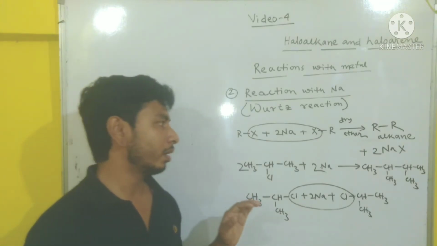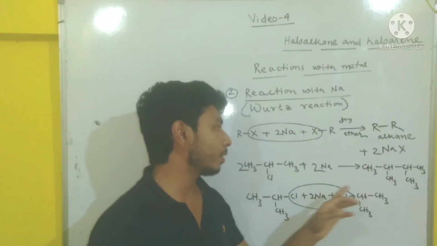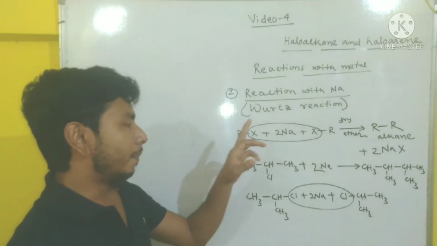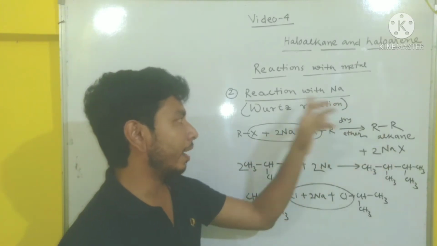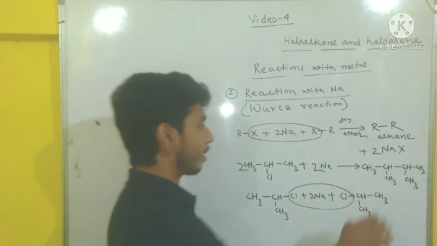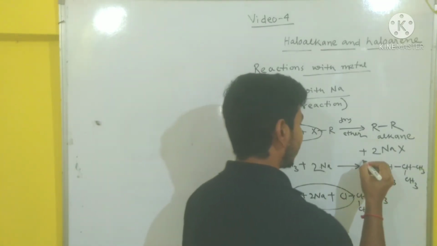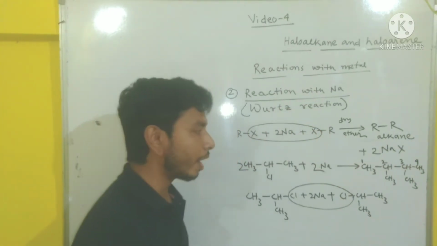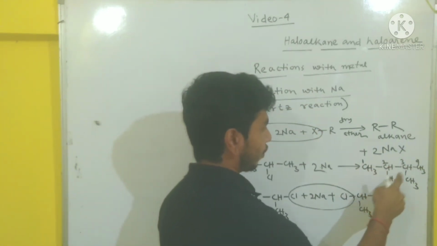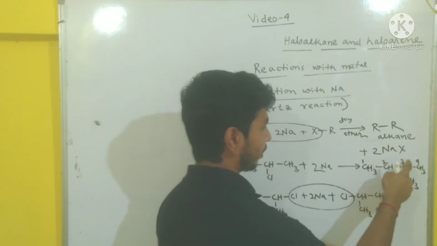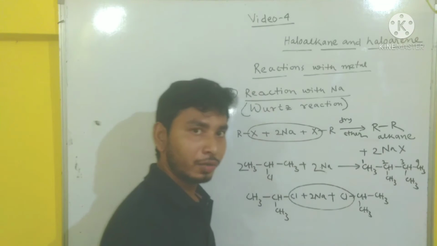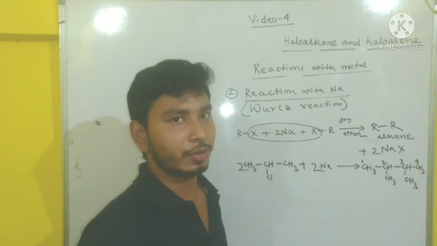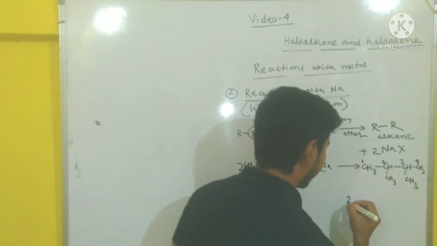So this is about our Wurtz reactions, that is, we are getting an alkane. So alkyl halide upon treatment with metallic sodium gives the alkane. This reaction is called the Wurtz reaction. Now what is the name of this alkane? 1, 2, 3, 4. Altogether there are 4 carbons. That is butane. 2 position methyl group, 3 position methyl group. So it is 2,3-dimethyl butane. The name of the product is 2,3-dimethyl butane.